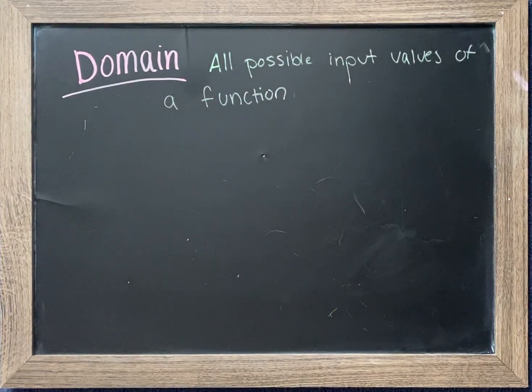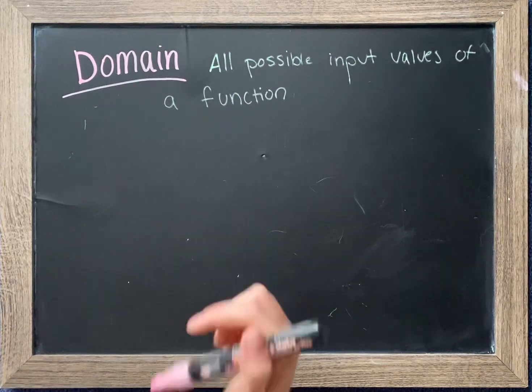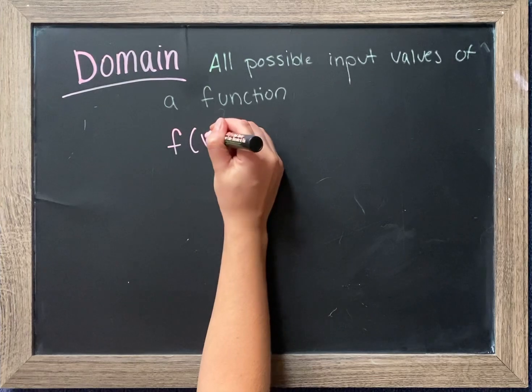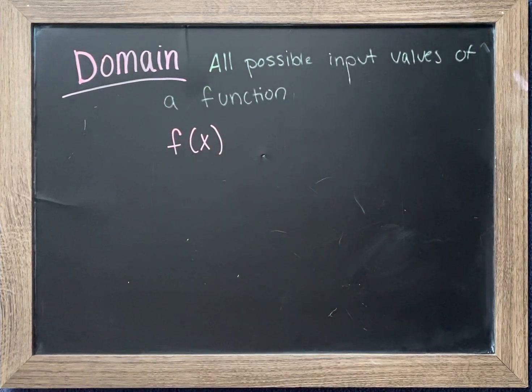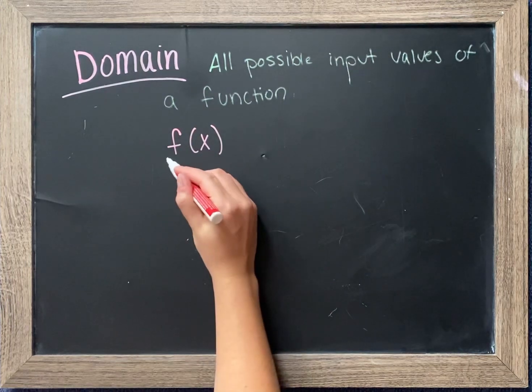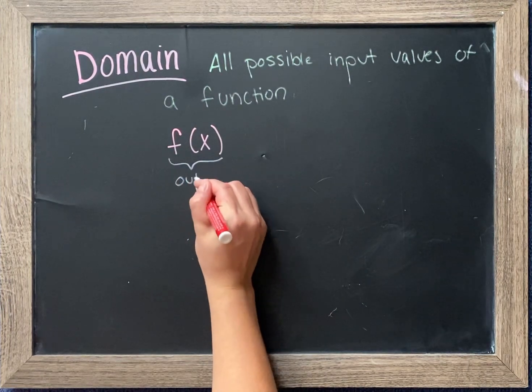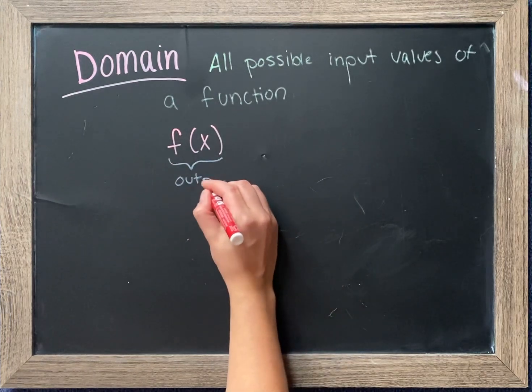And when you're working with a function, your function is going to be represented by f of x. And your f of x, this entire little part, is your output, because f of x